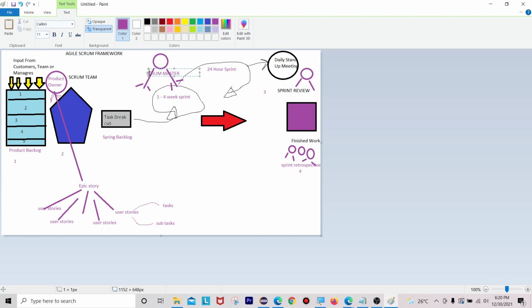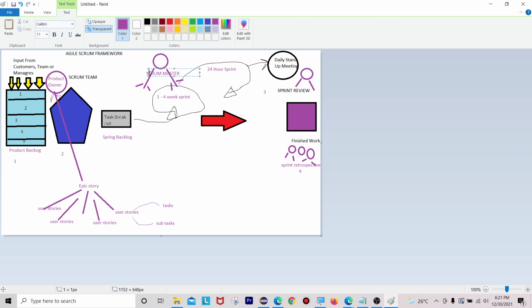He can also hold the scrum meeting. Scrum master can hold the meetings called scrum meeting, and also he is the person who coordinates the whole scrum team and process. Scrum master is going to handle the scrum team, meaning developers, testers, everyone will come under the scrum master only.